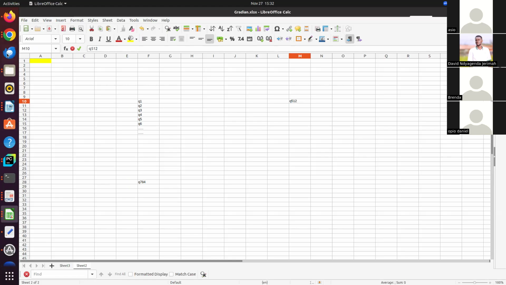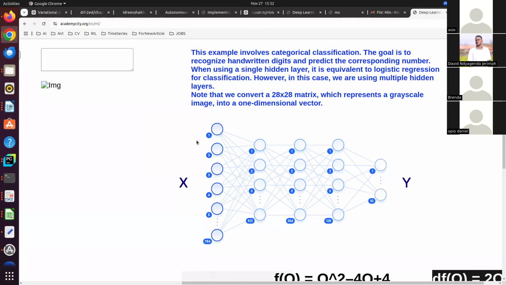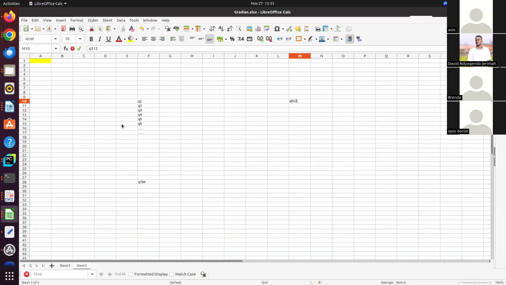It really is the network that says from a vector of 784, you want to convert it to a vector of 512. And how does it do it? It takes a vector, let's say I will call those x1, x2, x3, etc., up to x784. It takes all those numbers. I just don't have enough space here on the Excel. I'm not going to put all of them. It will take this vector. It will multiply it by every